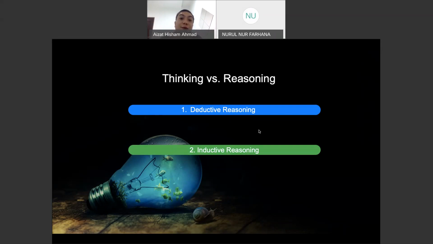However, it's a bit bottom up. So deductive is to deduce, from general to specific, but inductive is bottom up, to induce the reasoning based on your thinking. Okay, so an example: most of you guys are students here. So for an inductive reasoning example, you have a friend by the name of, maybe, Ahmad, for example.